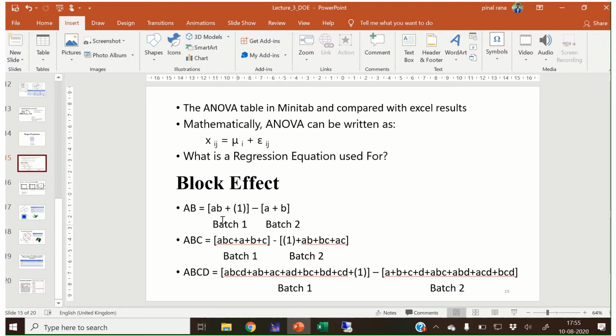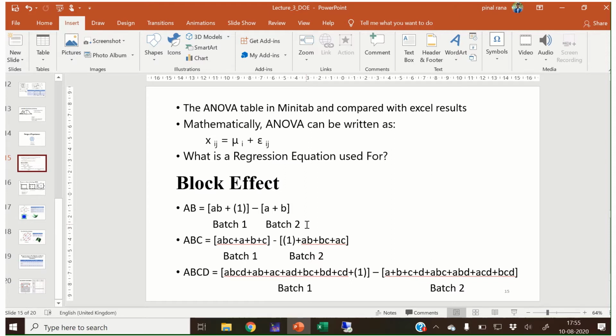Same way, I have divided them into 2 different batches. Batch 1 includes the positive impact on the response variable, and batch 2 gives the negative impact on the response variable.